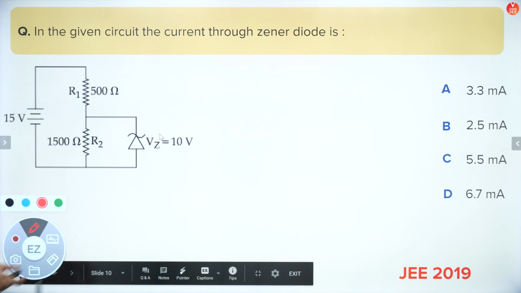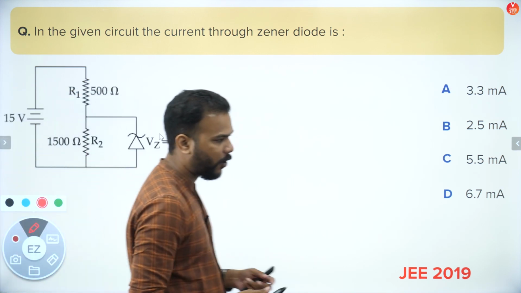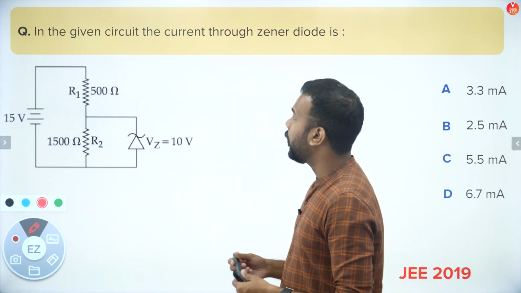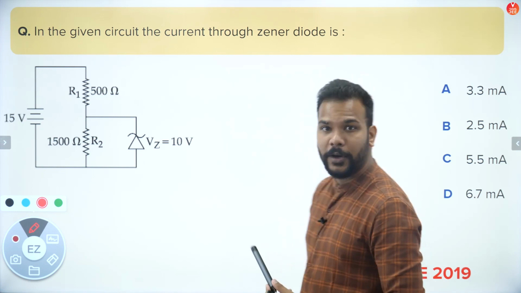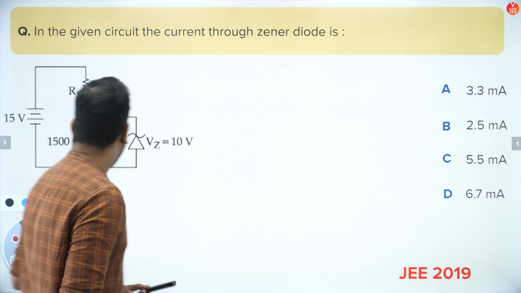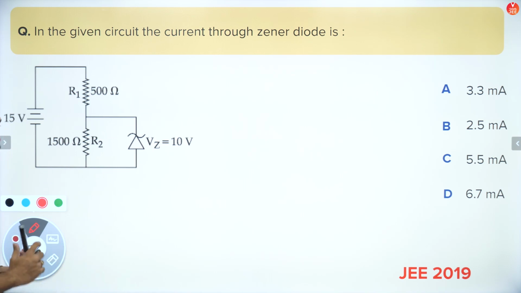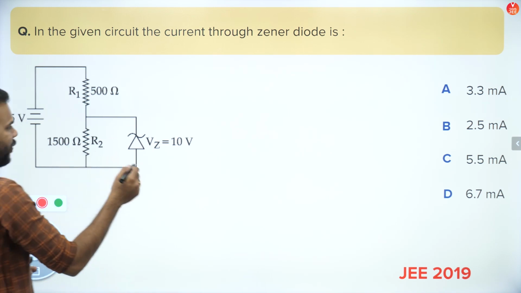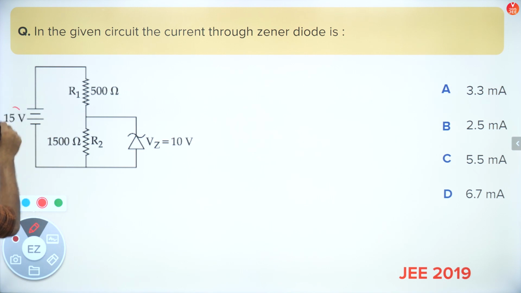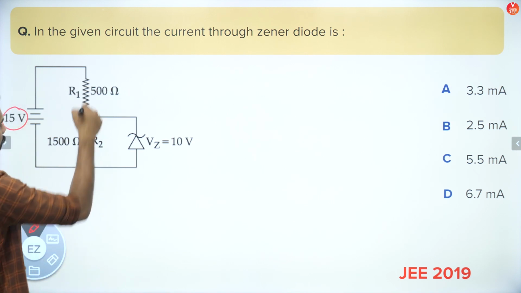Now, what does this question say? Again, there is a diode. This is a Zener diode which is connected over here. And in the given circuit, the current through the Zener diode is to be found. Well, guys, do not get scared because of the diode being in the circuit, as I am saying this again and again. So what is given to you is that there is a 15 volts battery connected, and there are 2 resistances,